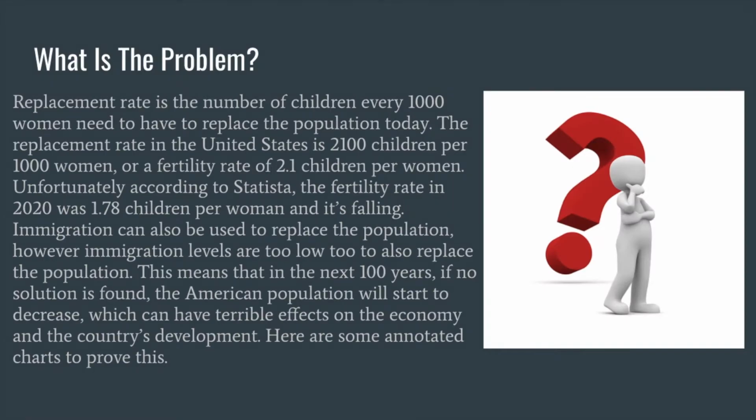So what is the problem? The replacement fertility rate in the United States is 2.1 children per woman. Unfortunately, in 2020, the fertility rate was 1.78 children per woman, and it's falling. Immigration can also replace the population, however, those numbers are too low and also falling. In the next 100 years, the American population will start to decrease, which will have terrible effects on the economy